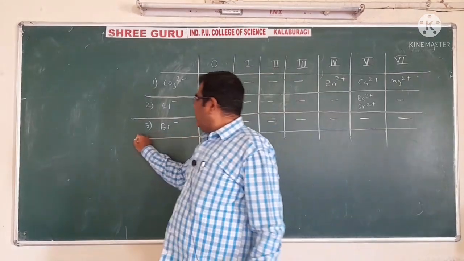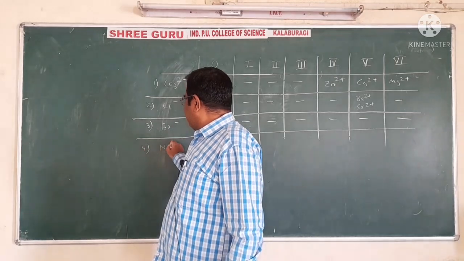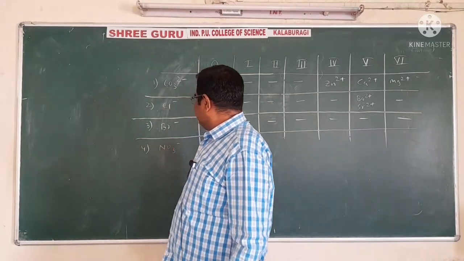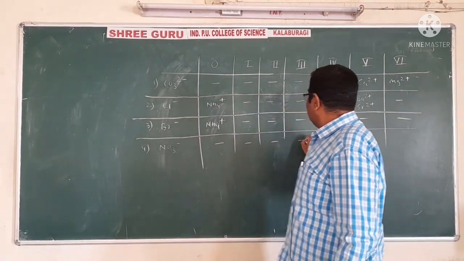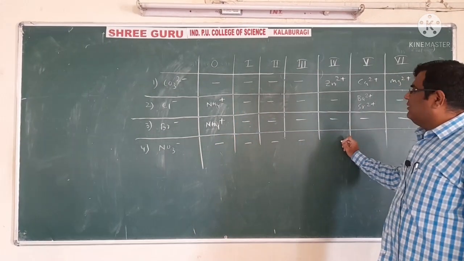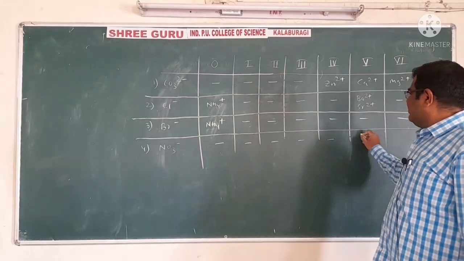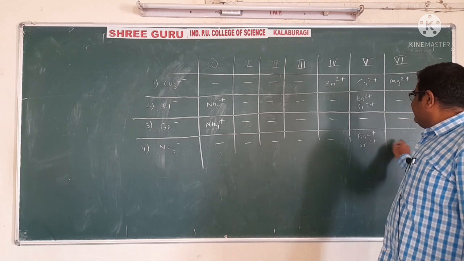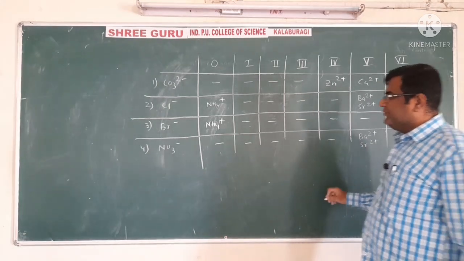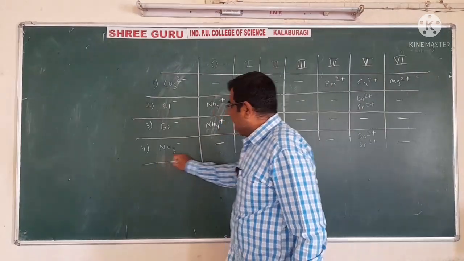Then another will be the nitrate. With the nitrate, there is no zero group, first group, second group, third group, and the fourth group. But there is only the possibility that it may be barium nitrate, or it may be strontium. And if our acidic radical